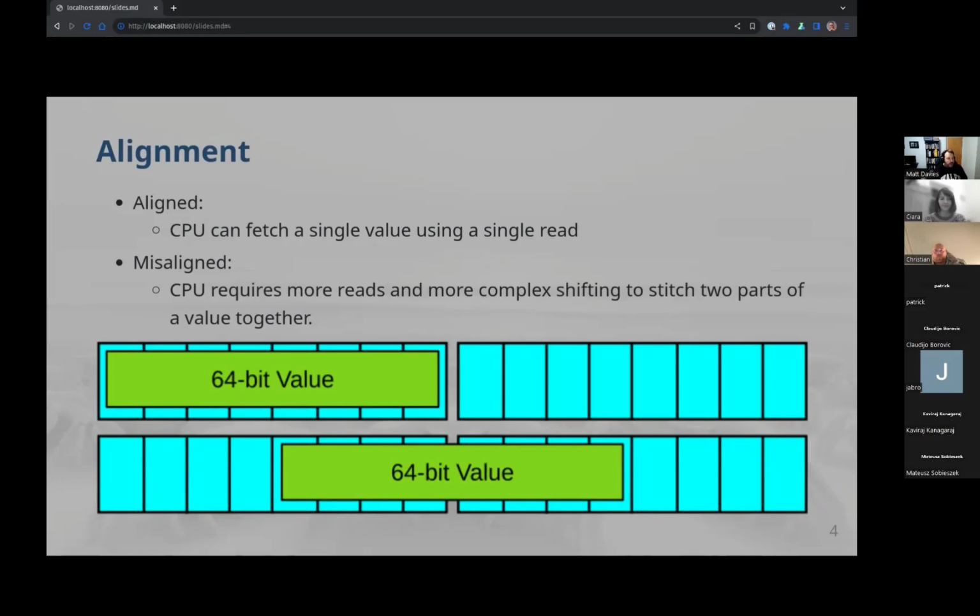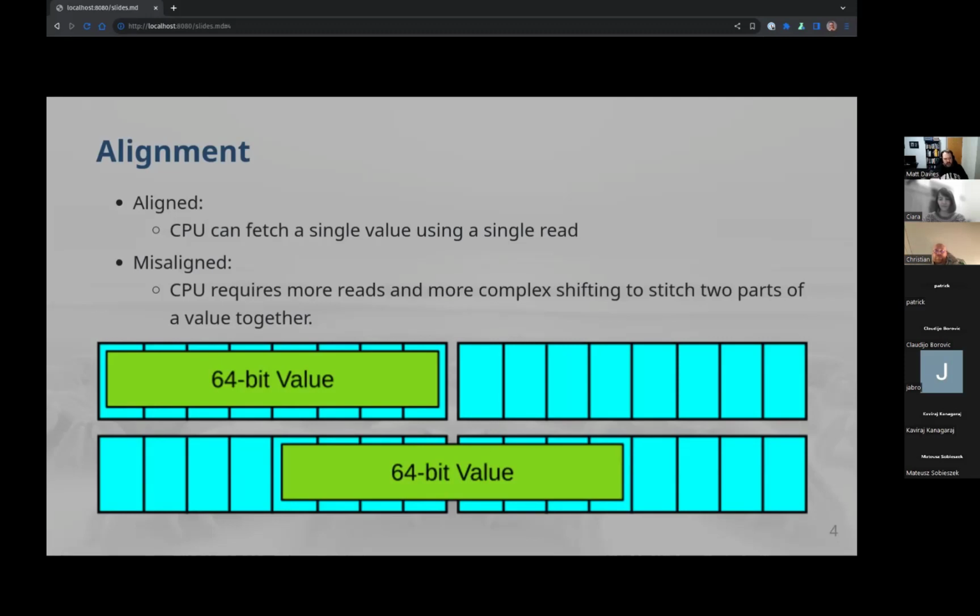Now, it's a little bit more complicated than that in modern architectures because modern CPUs read cache lines and stuff like that. But you can think about it as a CPU reading, on a 64-bit processor, 64 bits at a time. And a misaligned value is something that